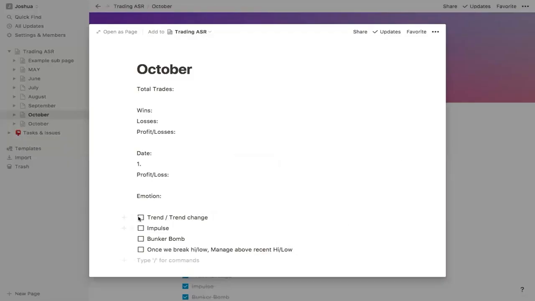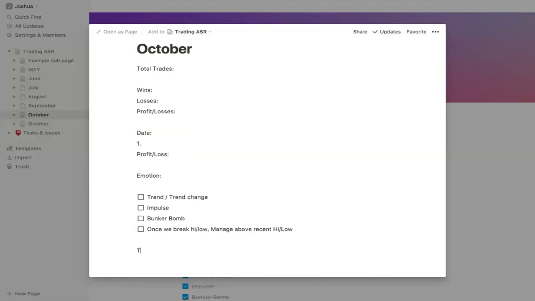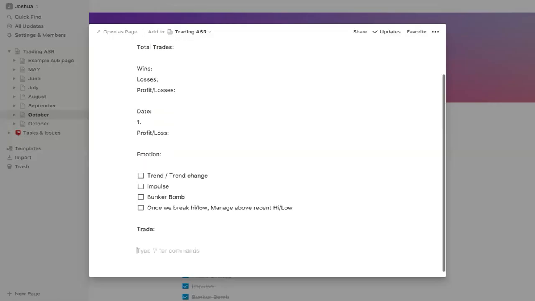And that will be just our tick chart. So what we'll do is we'll just tick them off. Is it a trend? Is it an impulse? Is it bunker bomb? And so forth. Okay. And then what we can put in is trade. Okay. And then what we'll do is we'll put a picture in of a trade, and then we can put